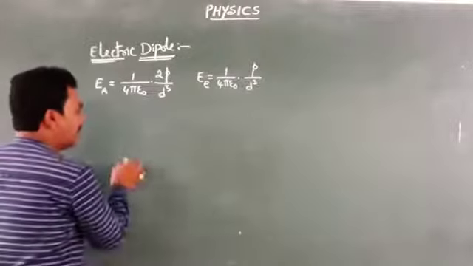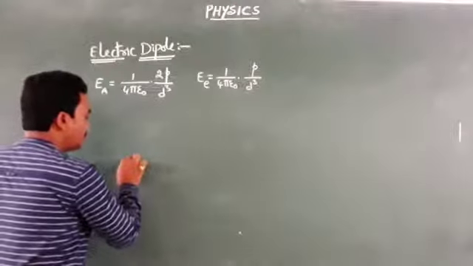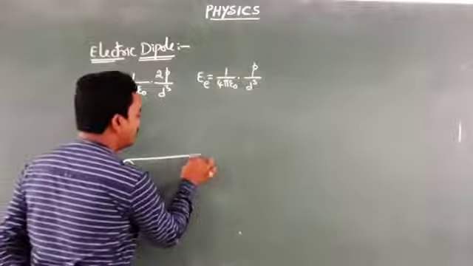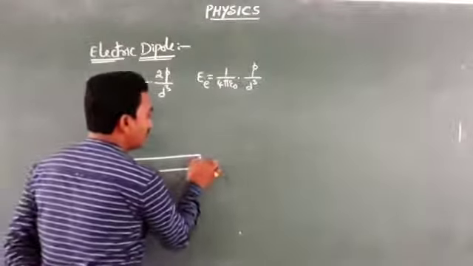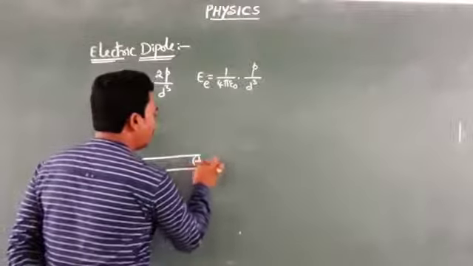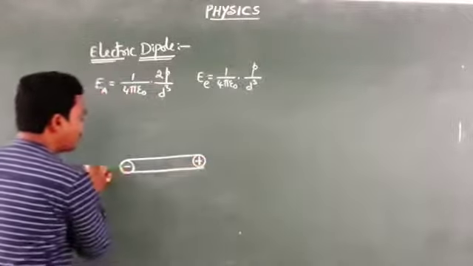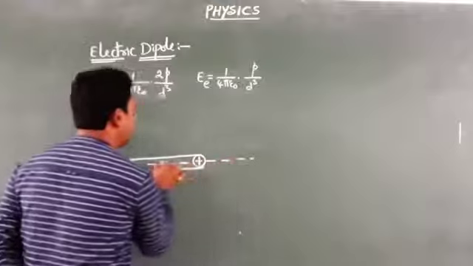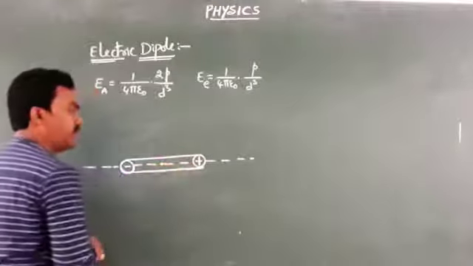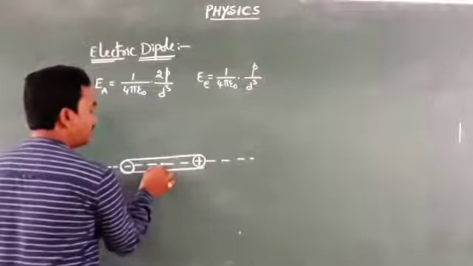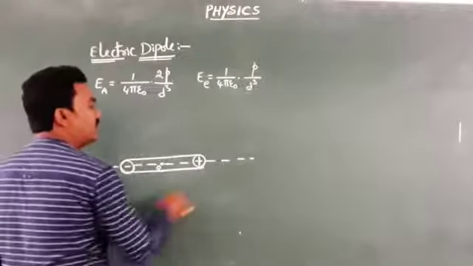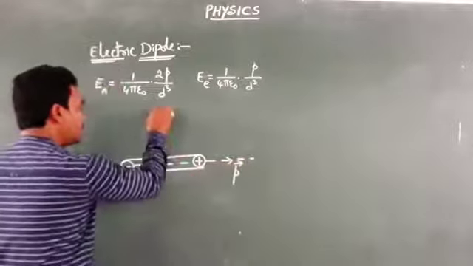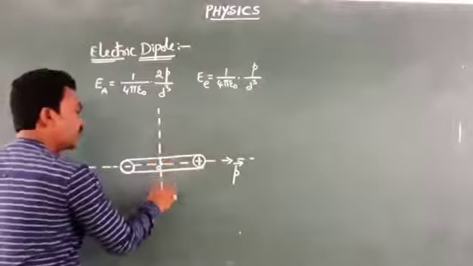But now here, our point is different. Here is the negative pole of the dipole, and here is the positive pole of the dipole. Of course, here is an imaginary line passing through the center of the dipole joining the two poles, which is the axis of the dipole. Here is the center of the dipole. And the dipole moment vector is p bar. Here is the equatorial line of the dipole.